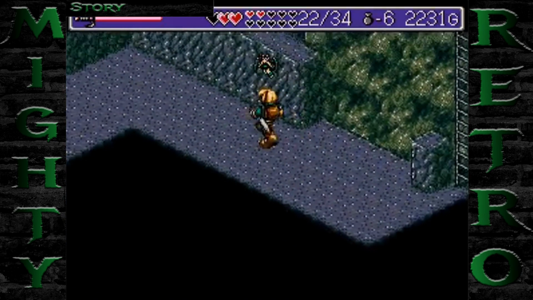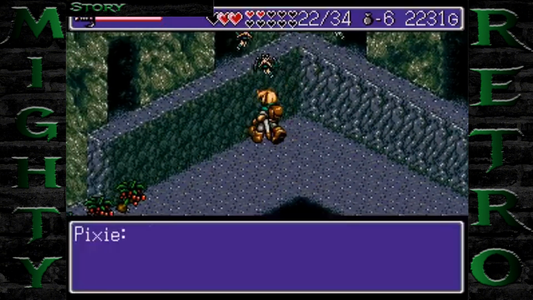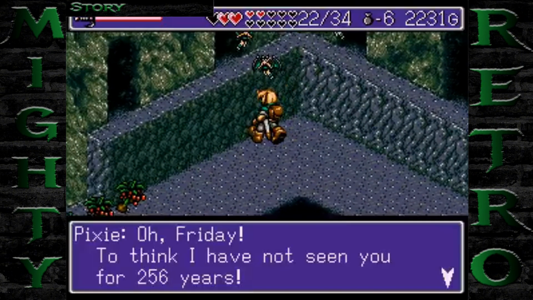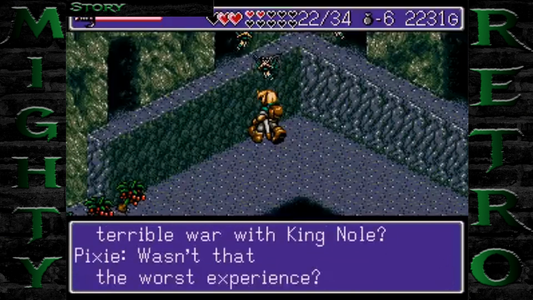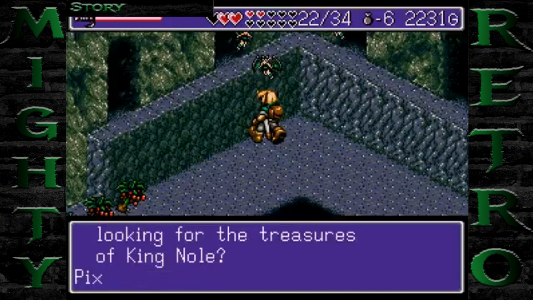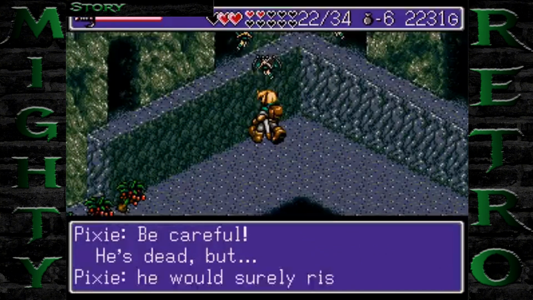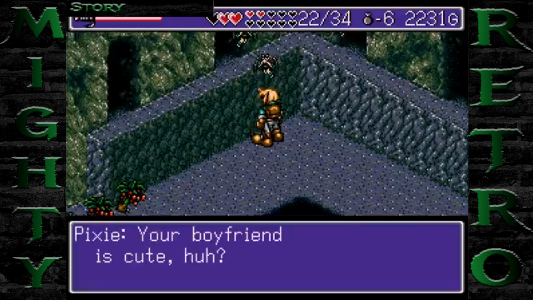At the heart of Landstalker is a classic treasure hunting tale filled with adventure, mystery, and a dash of humor. The game begins with our protagonist, Nigel, a seasoned treasure hunter and swordsman with a knack for finding hidden riches. Nigel is lured into a new quest after a chance encounter with a wood nymph named Friday, who claims to know the location of the legendary treasures of King Nole, a wealth so immense it's said to make its finder